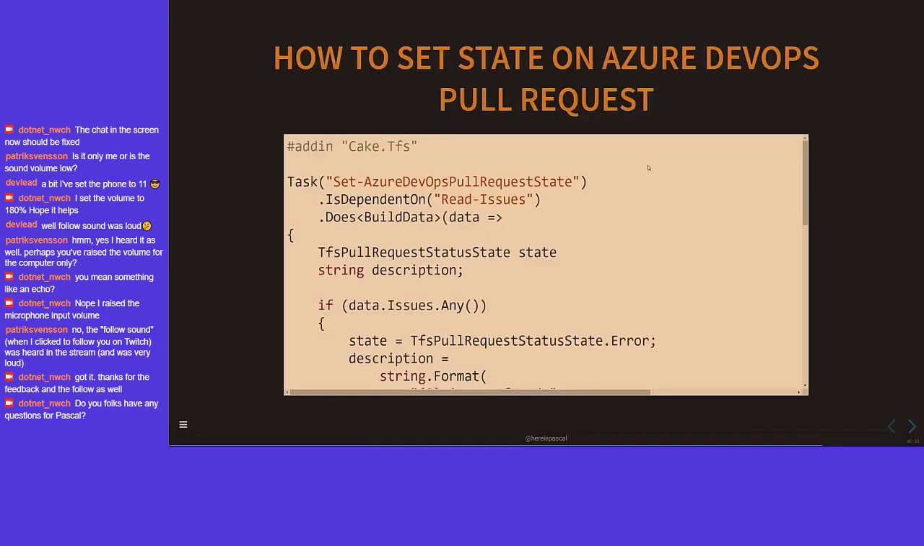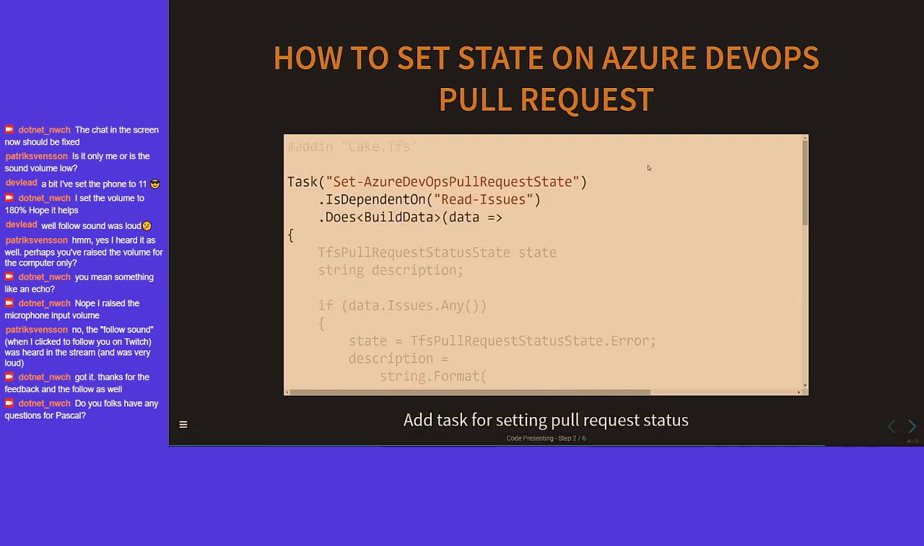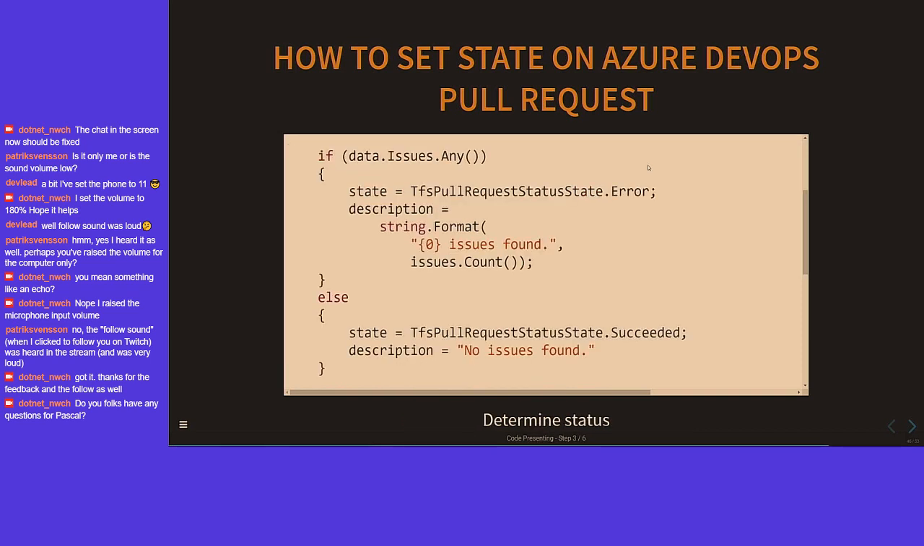Another thing which you can do, for example, is that Azure DevOps has some pull request state. So you can define state on pull requests, and this we can do with another add-in for Cake. It's Cake.Tfs, which is integration for Azure DevOps or the Team Foundation Server. And here we create another task,